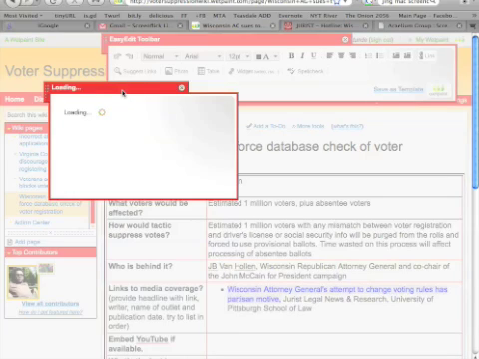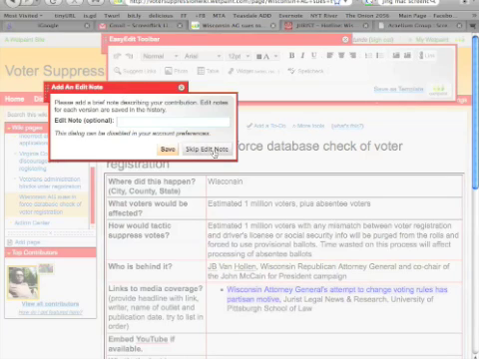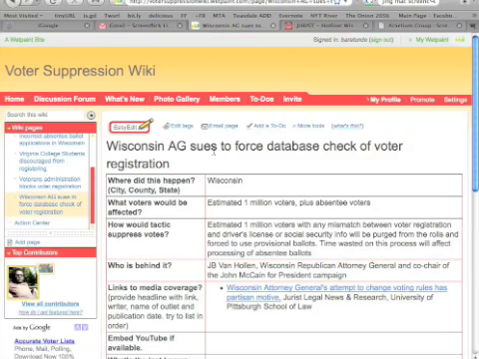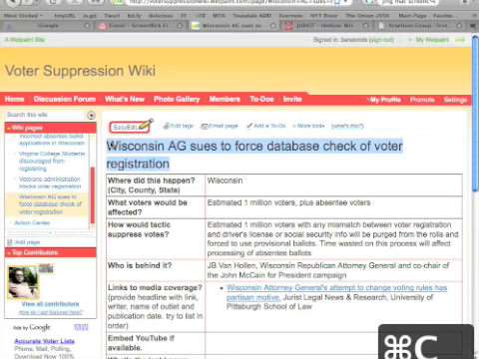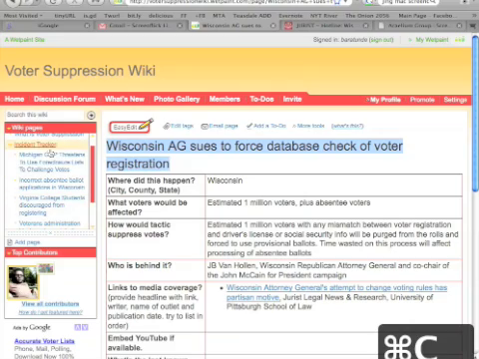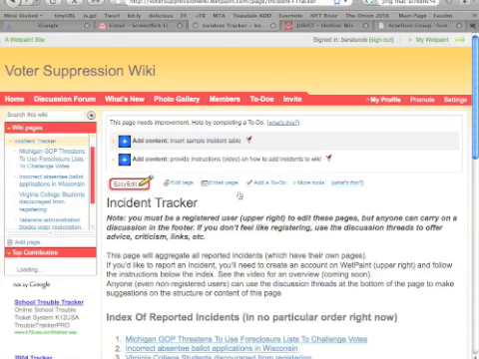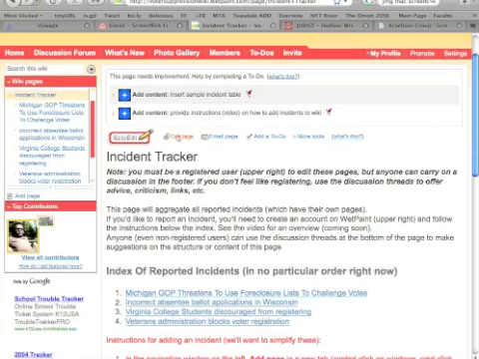So, save. I don't like edit notes. If you want to say what you did, it seems pretty obvious what I did, so I'm going to skip that. You have successfully created a voter suppression incident report. Now, copy the headline that you made, because we need to go back and add this to the main page for the incident tracker. So this page we're going to edit,